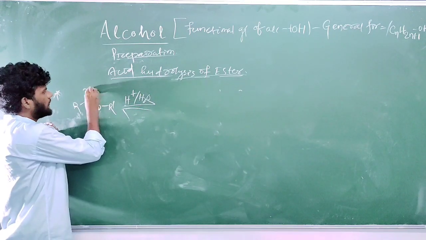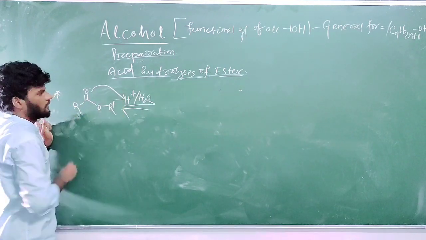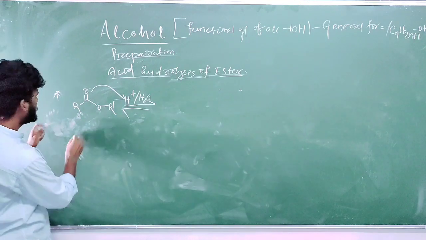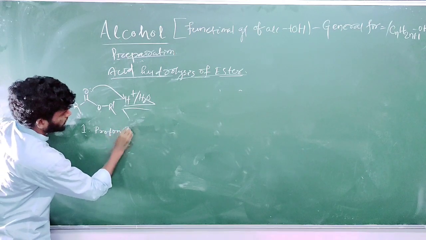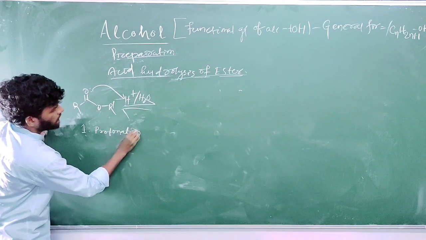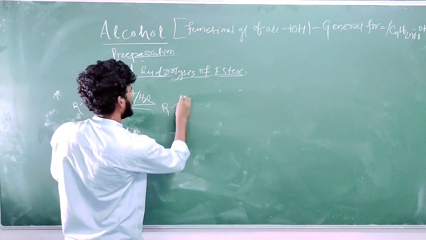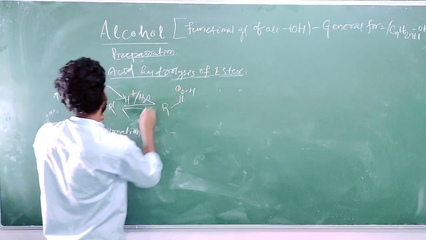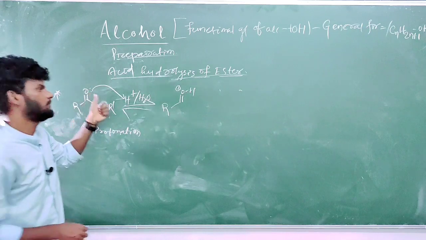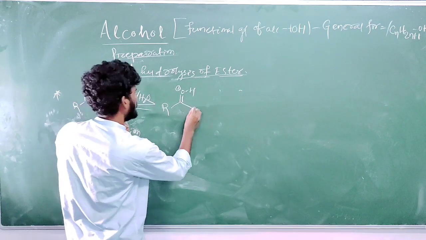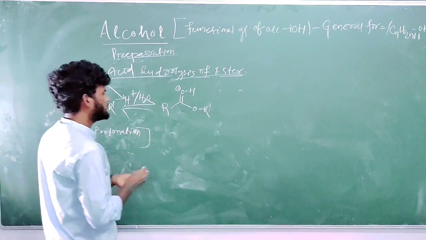The first step is the oxygen lone pair here is a nucleophile. It will take the H plus ion. So the first step is known as what? Protonation. Protonation means a proton gets attached to your oxygen atom. RCOOH positive. If oxygen here donates its electron, there must be a positive charge over the oxygen atom. So OH, OR'. So what is the first step? Protonation.